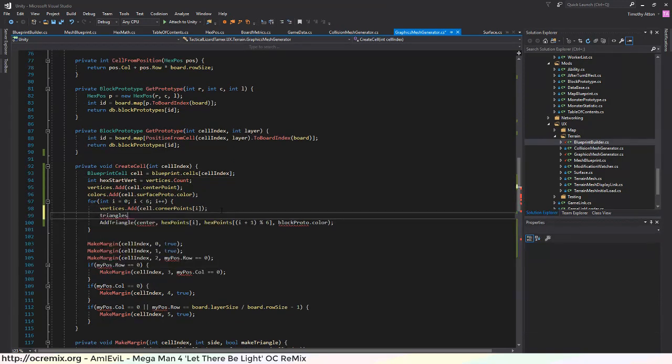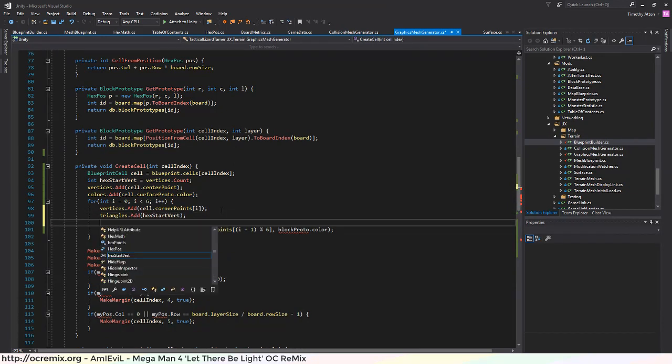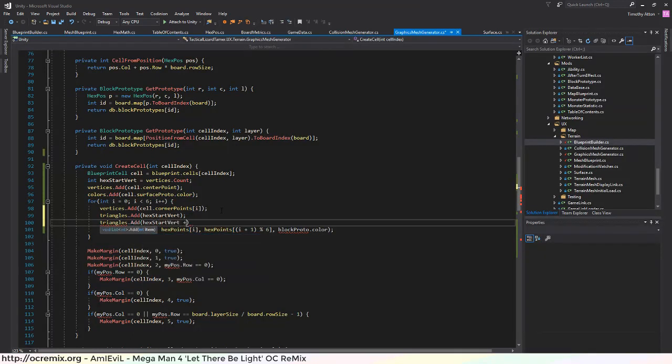So again, a triangle is just you add the index of the 3 vertices that make up that triangle. So we want to get the hex start vertice, which is the center, and then we want to add this point as well as the point clockwise. Pretty easy to do. So hex start vertice plus I,